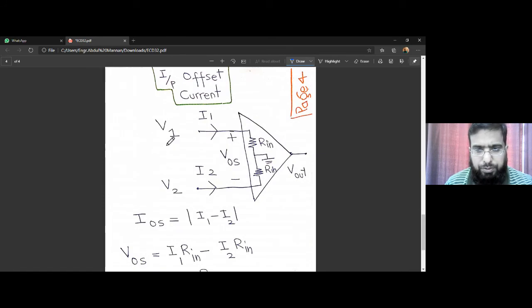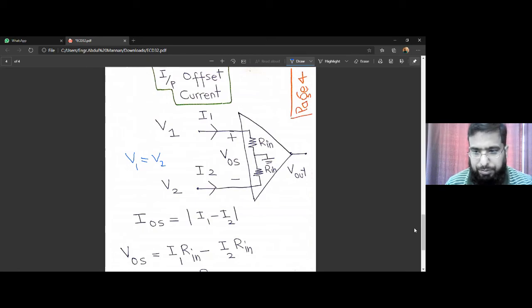We apply the same inputs on both input terminals. We should get exactly the same current flowing into both terminals, but actually it is not. I1, flowing into the positive terminal, is a bit different from I2 that is flowing into the negative terminal,